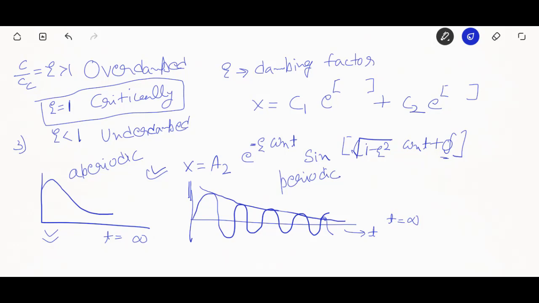Now, one more conclusion we can draw here is, if you are saying that the system is overdamped, that means damping is higher, right? If damping is higher, the response of the system is very sluggish, right? This is what we need to keep in mind. And indeed, if we remove the mathematical derivation, we can see that if damping is higher, the system is going to come down to its equilibrium state very soon, right? So these are the few terms that we need to understand while we are talking about free